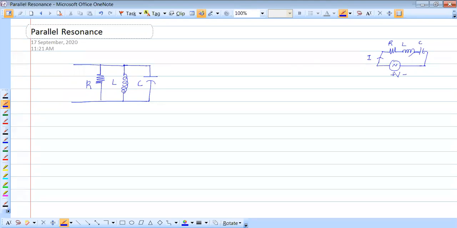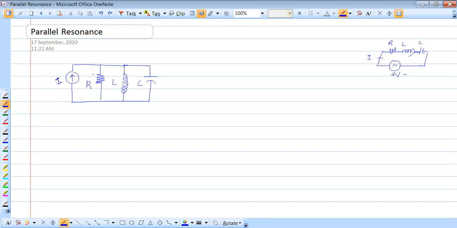Fine. Here what happens? What is common among all? Do you think the same current flows through if I apply voltage here? No. Rather, the current after coming here would get divided into three parts. One part will go here, the other part will go here, the other part will go here. So it gets divided into three parts and goes into three different branches. But since they are all in parallel, you should understand the same voltage drops across all this. So this is current I, mind you. So we are applying current I here.